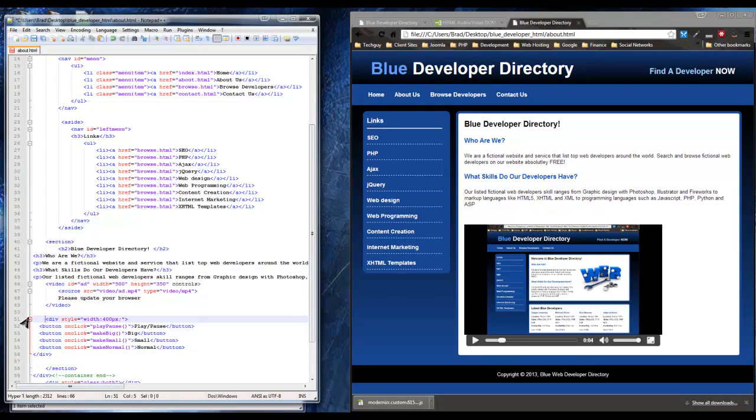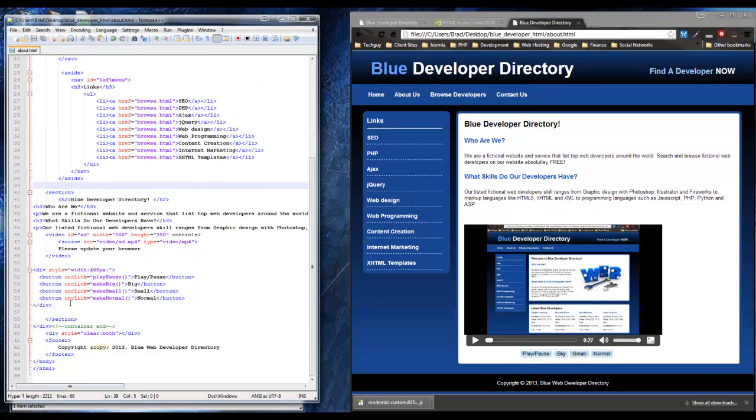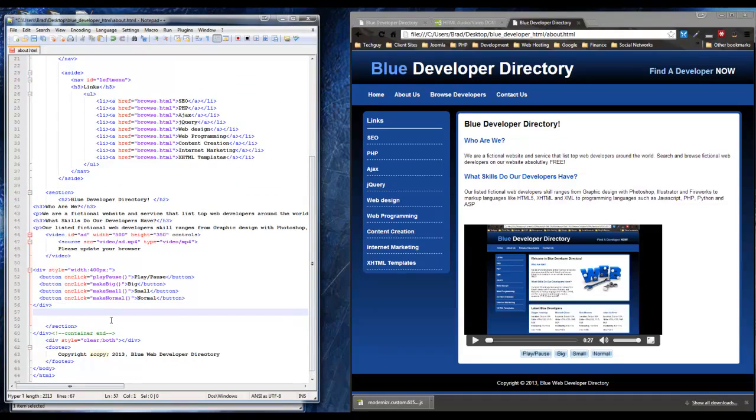Okay, it's just in a div that's 400 pixels wide, so we'll save that, reload, and there's the buttons. Now they don't do anything, they're just HTML buttons. We have to write the JavaScript for them to actually work. And I'm just going to do it kind of quick and dirty. I'm just going to add the script, the JavaScript, below here, so I don't have to include a separate file